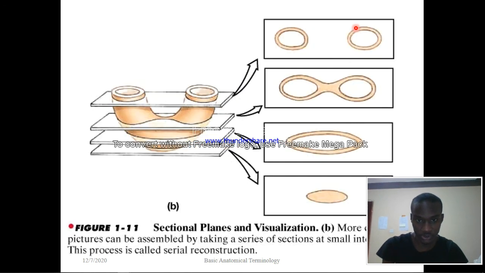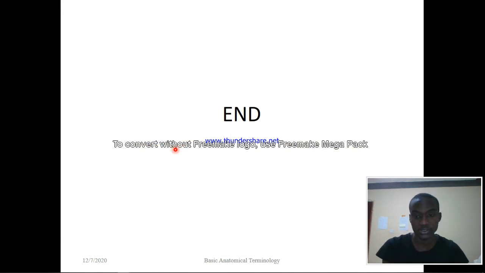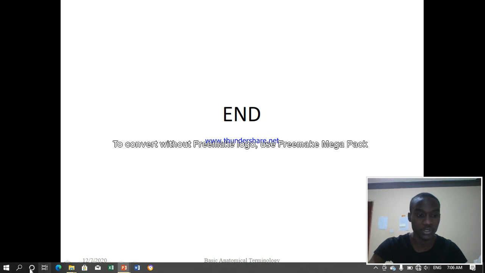And these are the sections here that can be made. This horizontal cutting here is a cross section, so a horizontal section of body structure ends up in this one. So this is a cross section and horizontal cutting, and that is the end of part one of this series